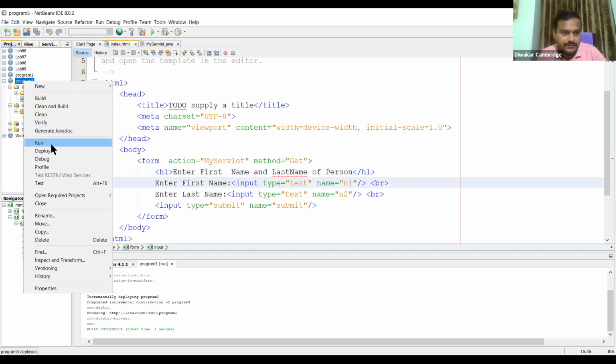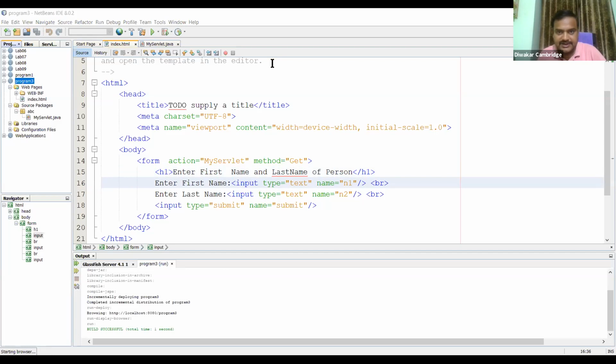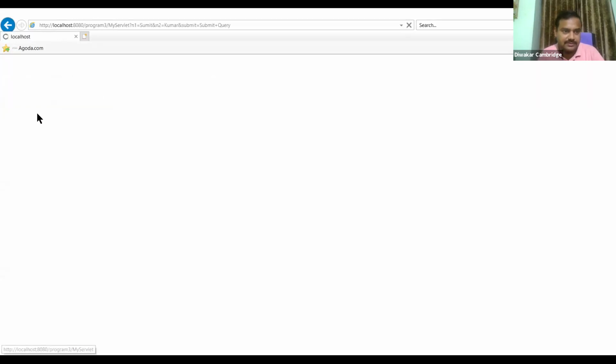I'll run this. See here, it is displayed. Enter the first name and enter the last name. So for the first name, I'll enter just like Sumit Kumar. When I submit the first name and the last name of a person, it will be displayed.